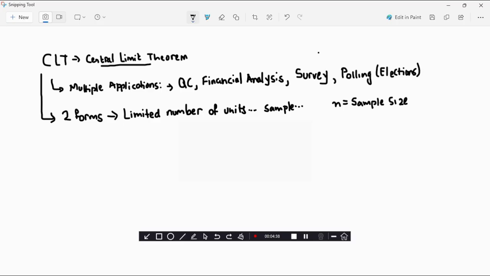So if we take a large enough sample, let's say more than 30 units,